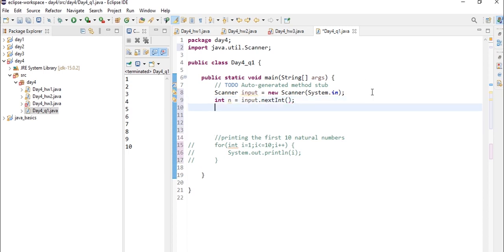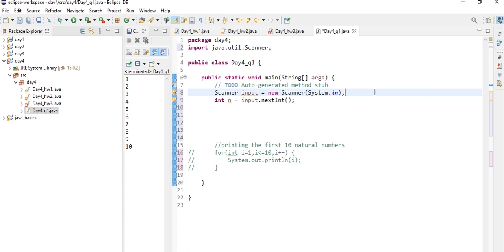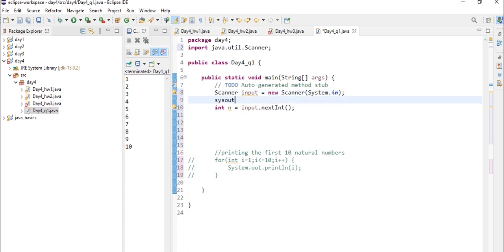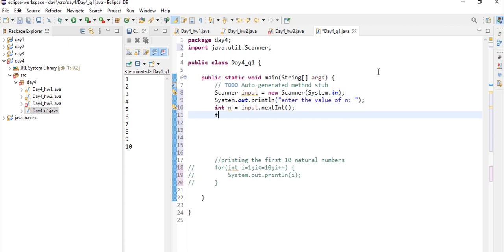And before that let's type this, enter the value of n.